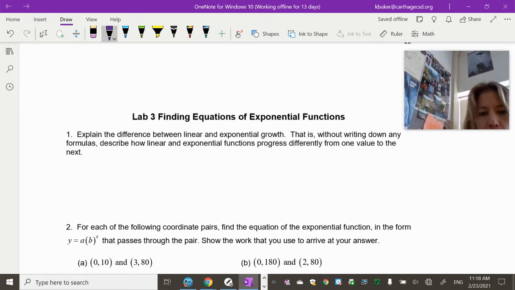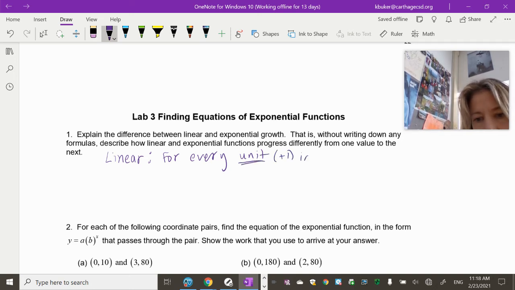Okay, so basically a linear function, for every unit increase in x, that means for every x value that goes up 1, there is an adding or subtracting pattern in the y's. Unit means plus 1, increase for x,